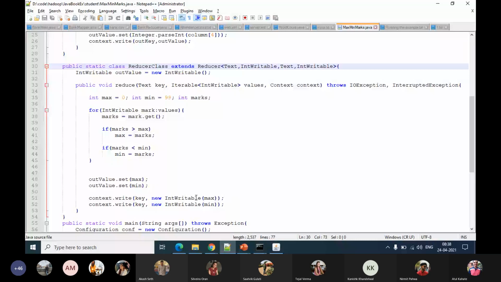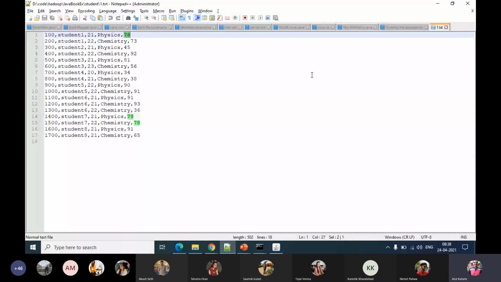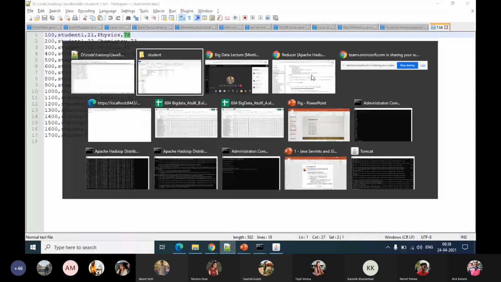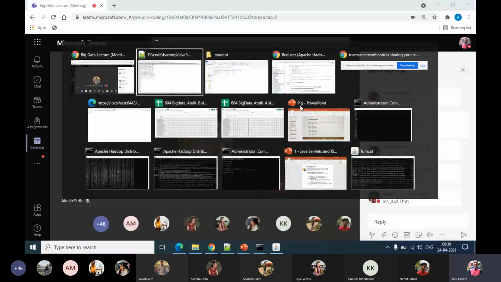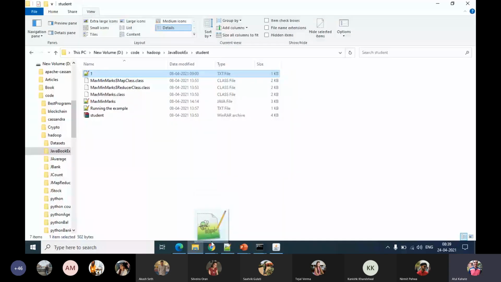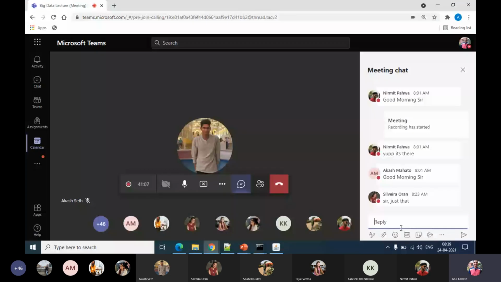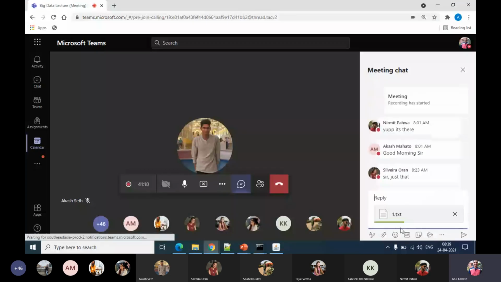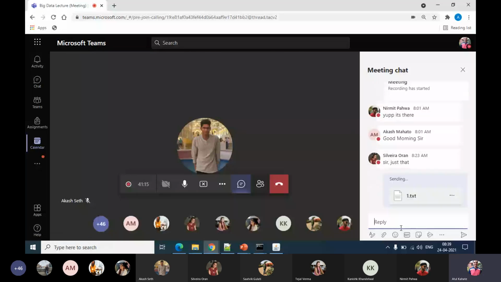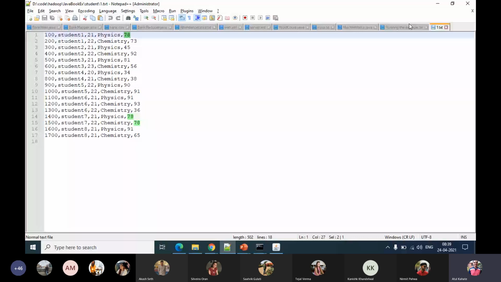So you can try this example. I'll first of all upload this file on our chat. Then you can take snaps, pictures of the code.